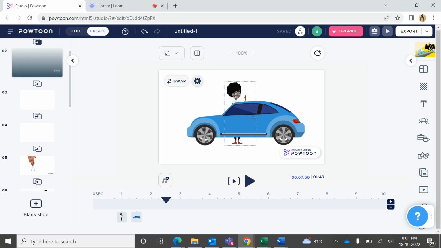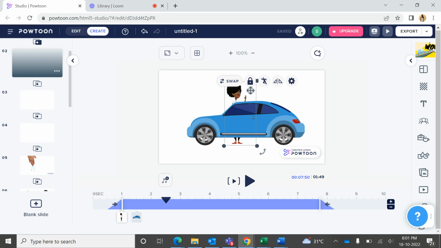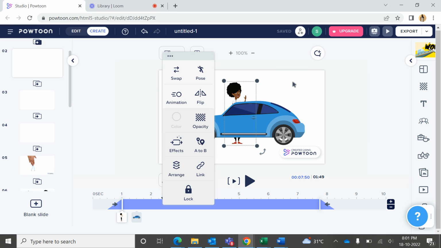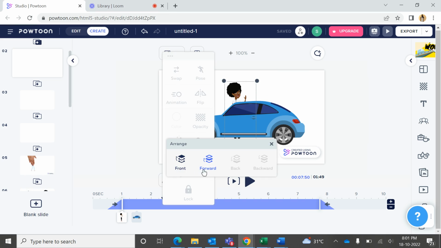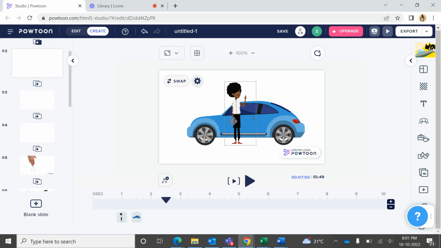When I click on this lady character here, then I can click on the gear icon or settings and then click on the arrange button here. I can bring her front or forward. Front will mean it will come ahead of all the layers which are there, and forward will bring her one layer ahead. So when I click on the forward button, you can see this lady has come in front of